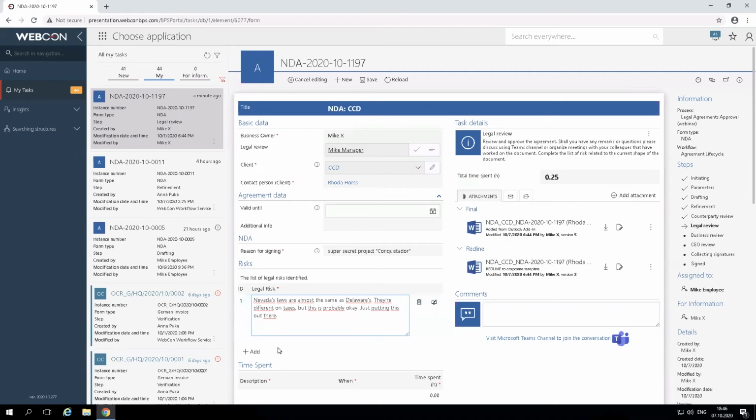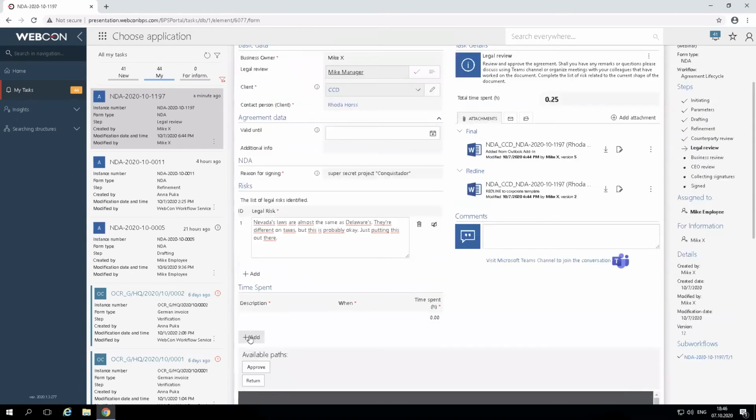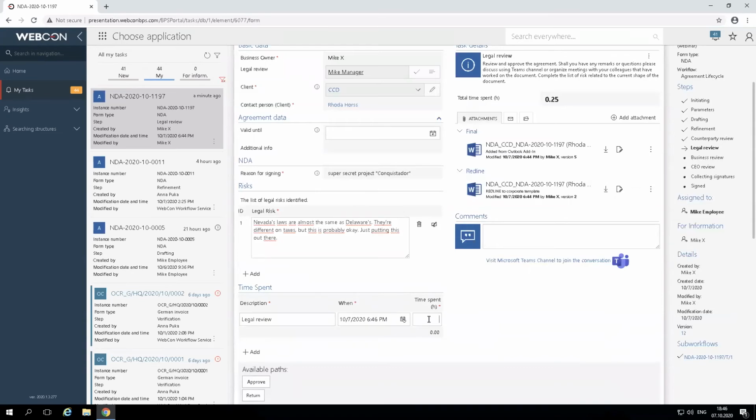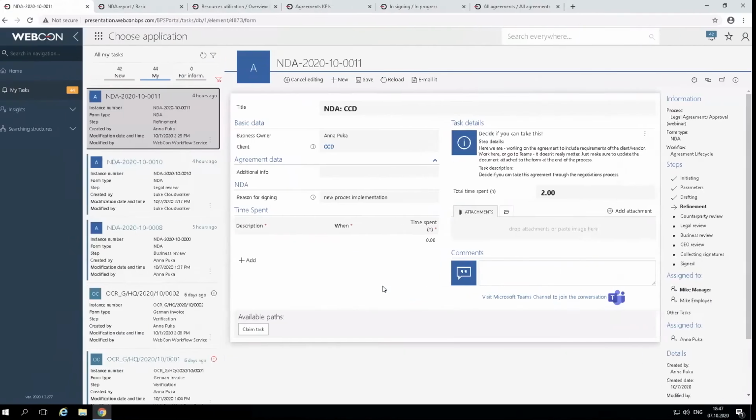All right. And in terms of the total amount of time that I'm spending on this, let's say I spent a half hour of my time on it. All right, but I will approve it. Let's move it along. Okay, it's out of my hands. This is a different workflow process. So let's go back to